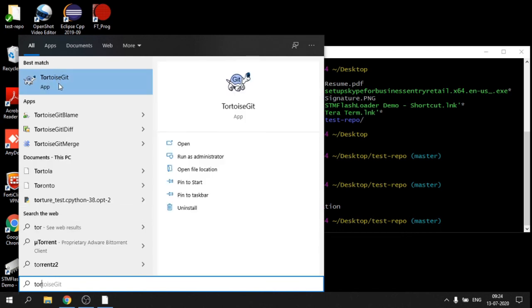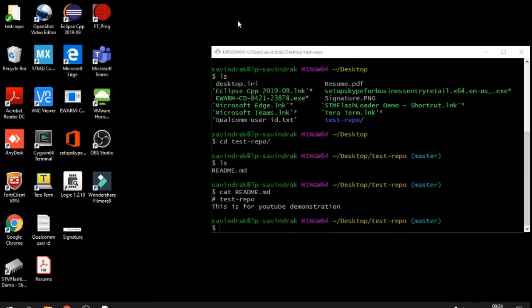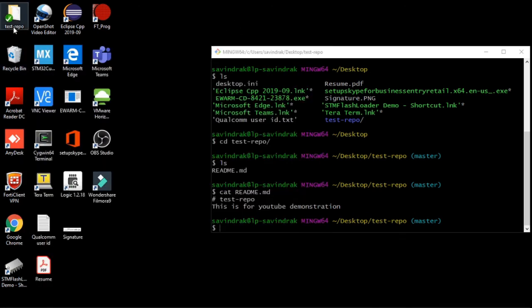If you install the Tortoise Git software and restart your PC, you should be able to see this green symbol on your local repository. This is just to identify which is my repository and which is a normal folder. You won't see this green symbol on a Windows folder, but if you have installed the Tortoise Git, you should be able to see a green symbol on your repository.